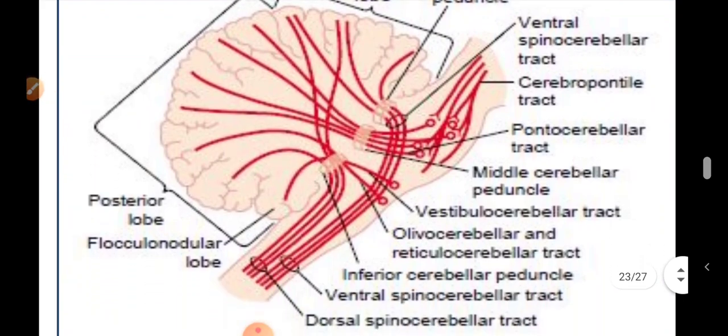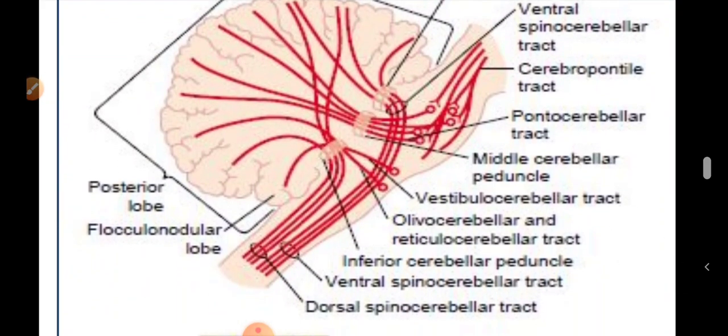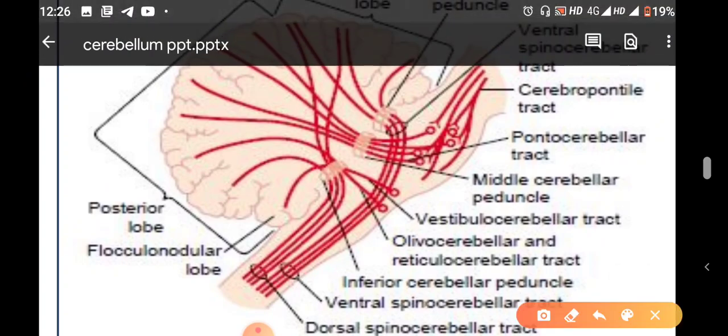So, in the diagram you can see this is the inferior cerebellar peduncle here, this is the middle cerebellar peduncle, and here is the superior cerebellar peduncle. Most of the afferents are going through the inferior cerebellar peduncle; you can see the dorsal spinocerebellar and other tracts. Then the middle cerebellar peduncle: most important here is the pontocerebellar tract. And from the superior cerebellar peduncle,